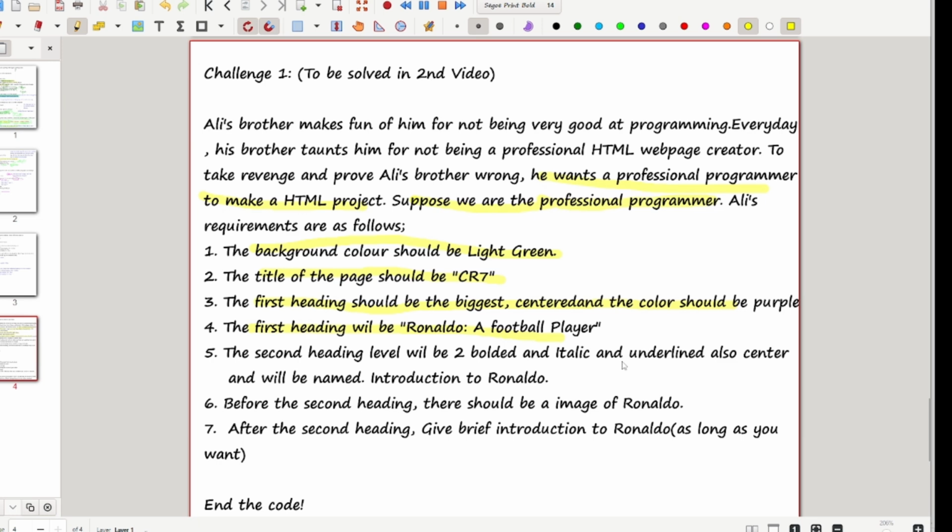Bolded and italic and underlined also center and will be named Introduction to Ronaldo. Before the second heading, there should be an image of Ronaldo. After the second heading, give brief introduction to Ronaldo as long as you want. So let's go to Notepad and make this step by step. So let's start with doc type HTML